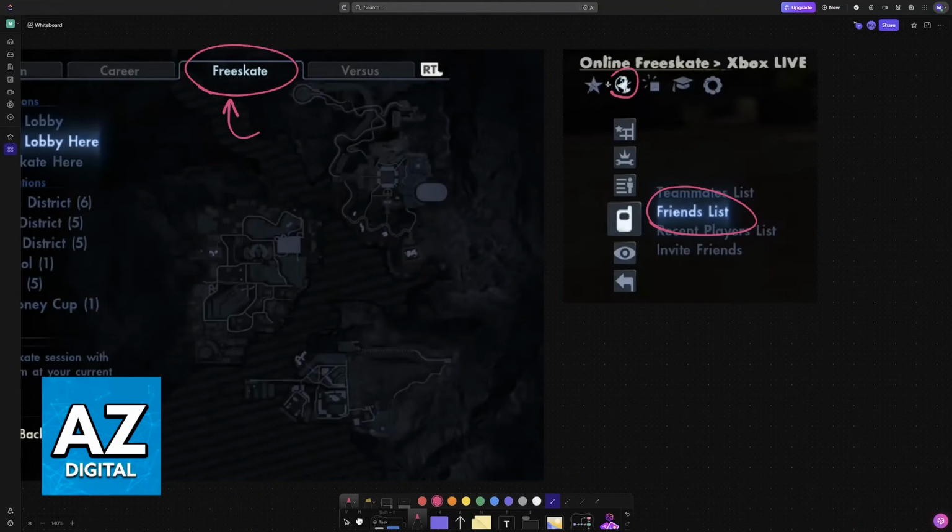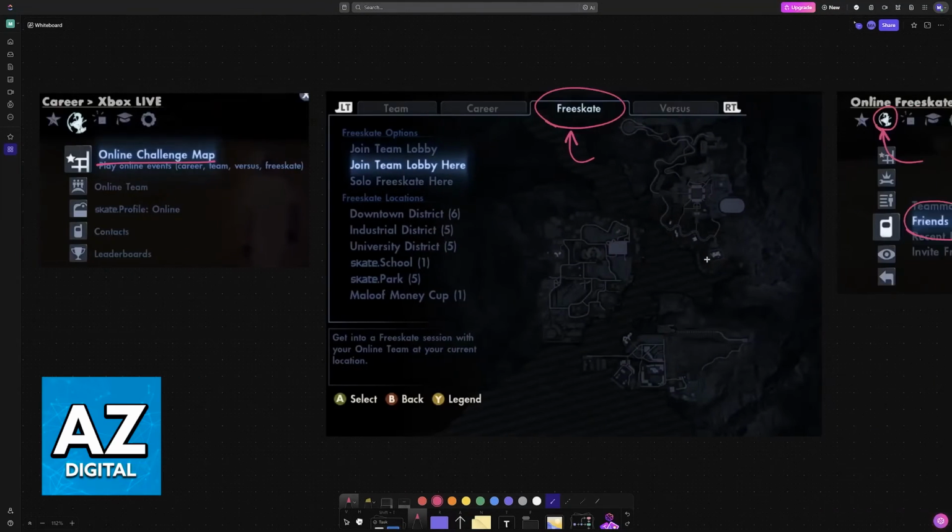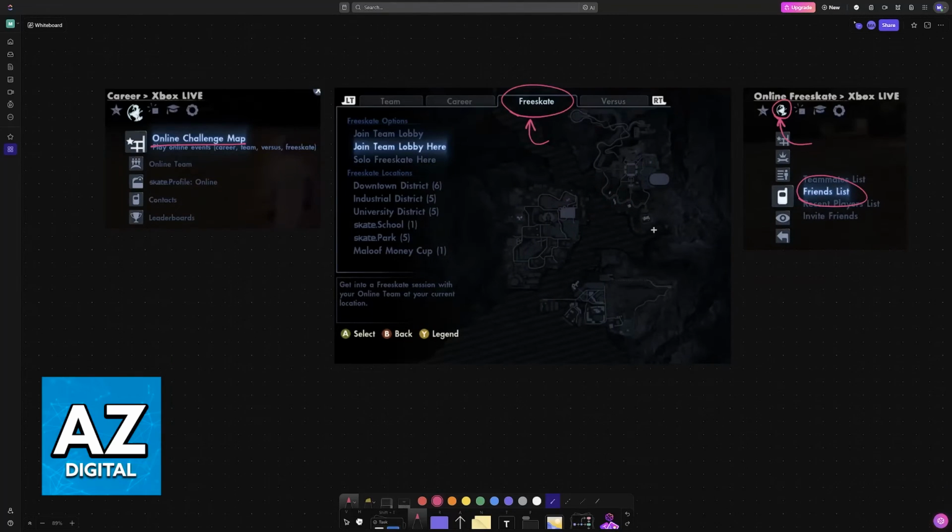If you want to play with friends, go over to the online section and you will be able to find friends list. You can invite them over Xbox Live. As long as they followed the same steps to properly set up their EA accounts, they will be able to log into online and accept the invite or the notification that you send to them. Of course, someone else can try to host the session and you join instead.